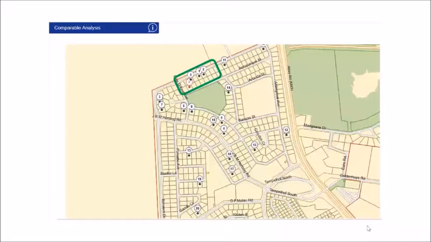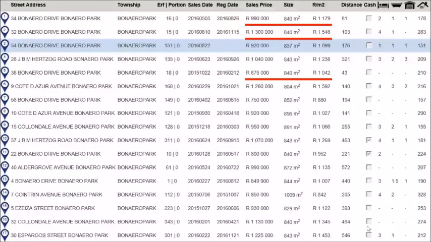You can see the sales price, the size, and then the rand per square meter, which for me is important, because if you want to get an accurate resale value of your property, use the rand per square meter average and then calculate your resale value. So take the 1179 plus the 1154 plus the 1042, which is the average rand per square meter for the properties, divided by 3 to get an average rand per square meter value, which is 1256, times that one resale value. So that's sort of the way that I would use this report.